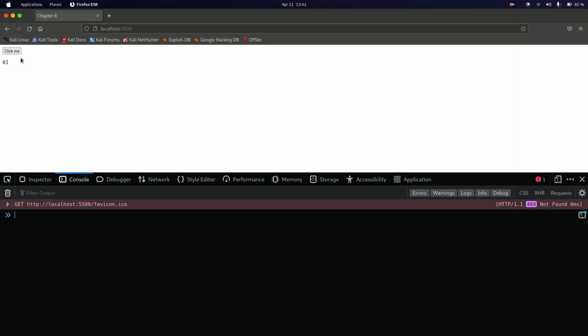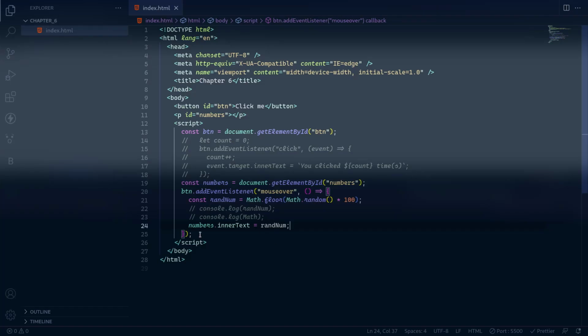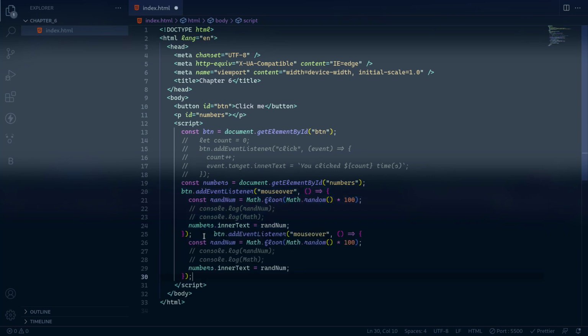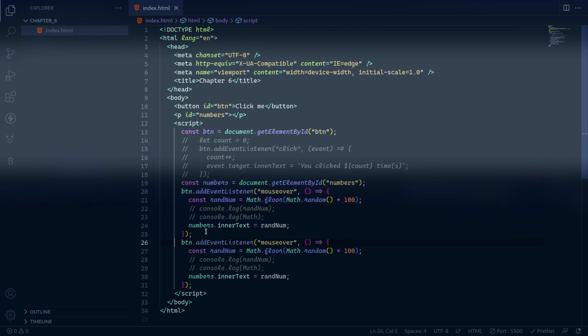There's another event called mouse out. So when we hover over this, it's triggering an event, right? But whenever I remove the mouse, it also triggers an event. Now what is this event? That event is known as mouse out, and whenever that event is being listened to, I want to generate random